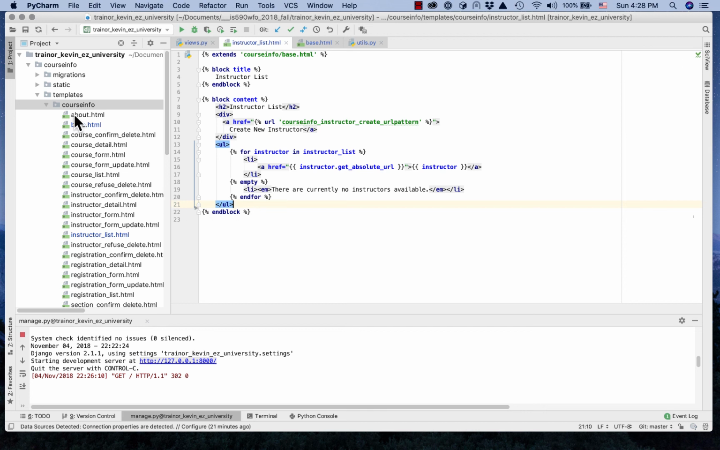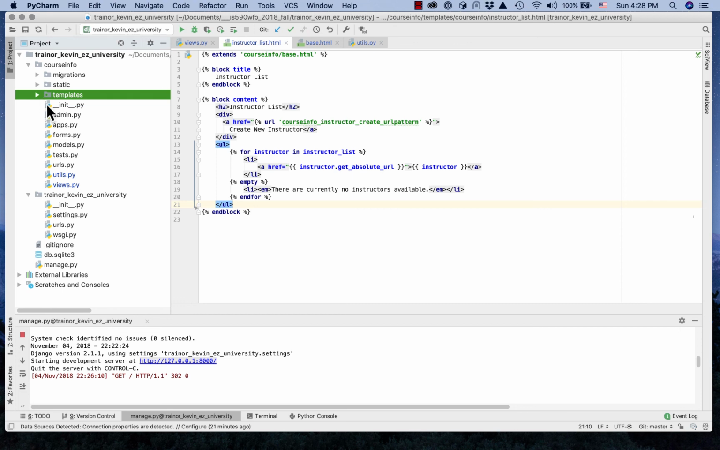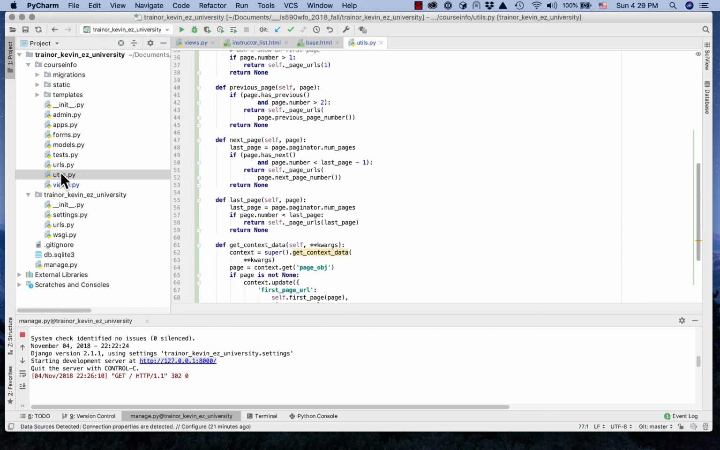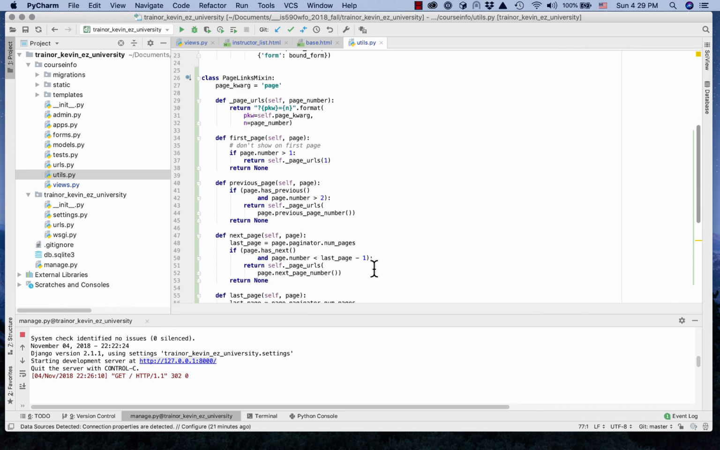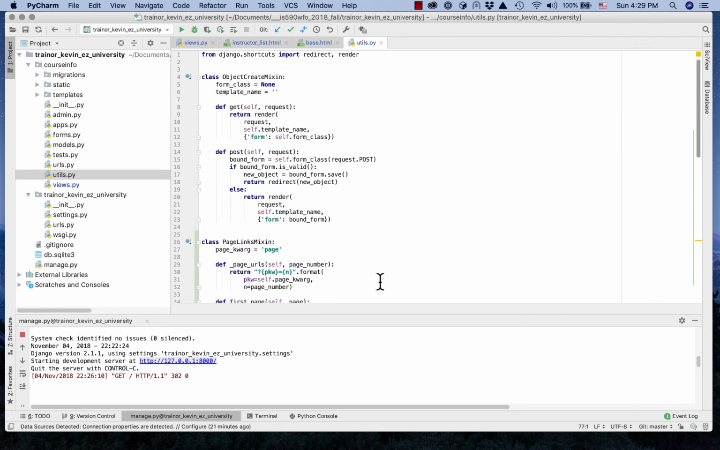Okay, now what's temporary? Well, at this point, if you go to utils.py, you'll see that there are two mix-ins. Page links mix-in, which we're going to be keeping indefinitely, okay? And object create mix-in, which we're going to eliminate in a future tutorial part, but right now you need them both, okay? All right, so it's time for you to make the same changes for student list,